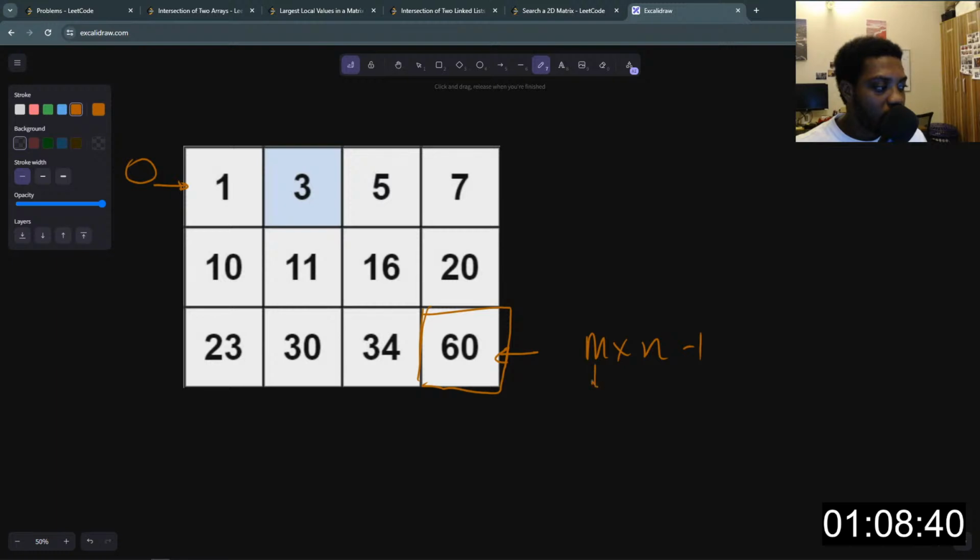So m is going to be the number of rows, which is the actual size of the matrix, right? So this is going to be 3, and the size of the arrays within the matrix, right? So they are simply going to be the same, or in other words, the columns. So this is going to be equal to 4 minus 1, right? So this is 12 minus 1. This is going to be equal to